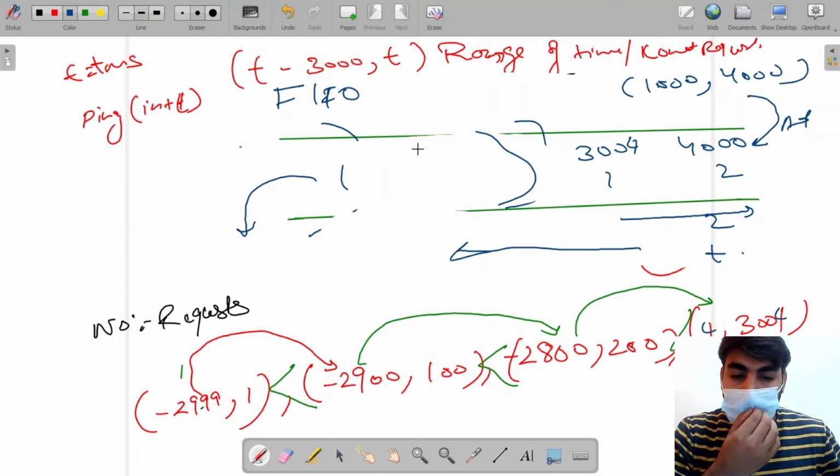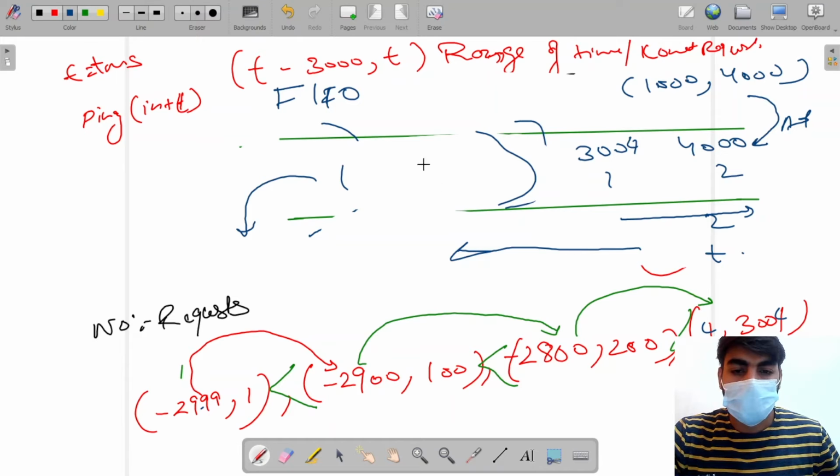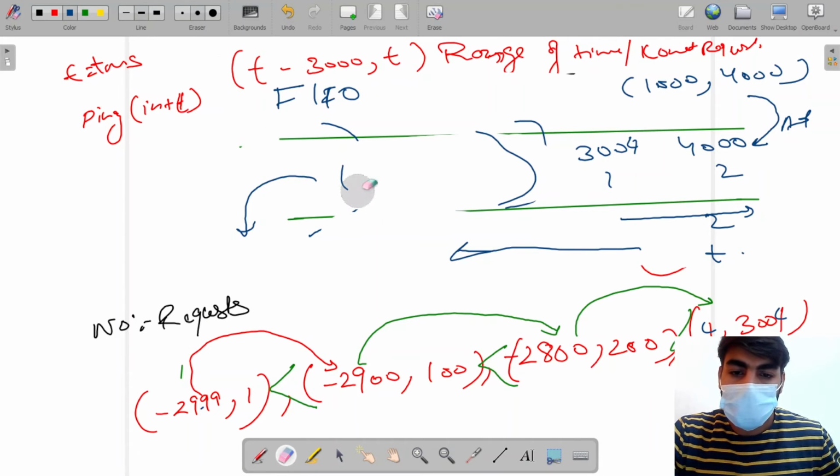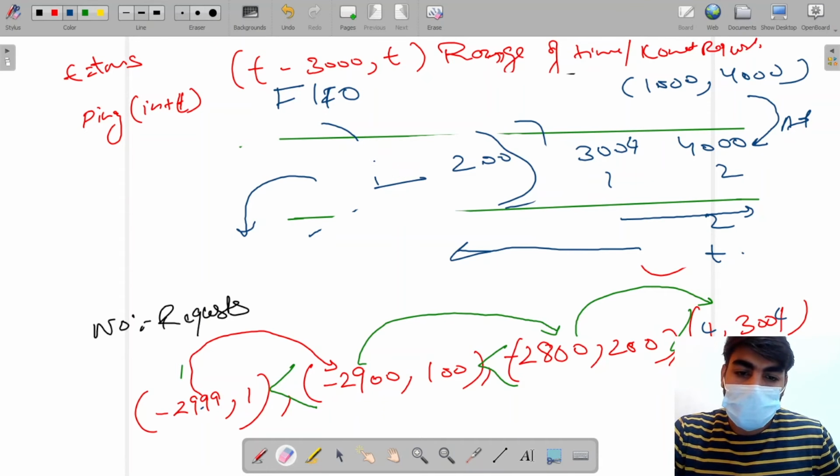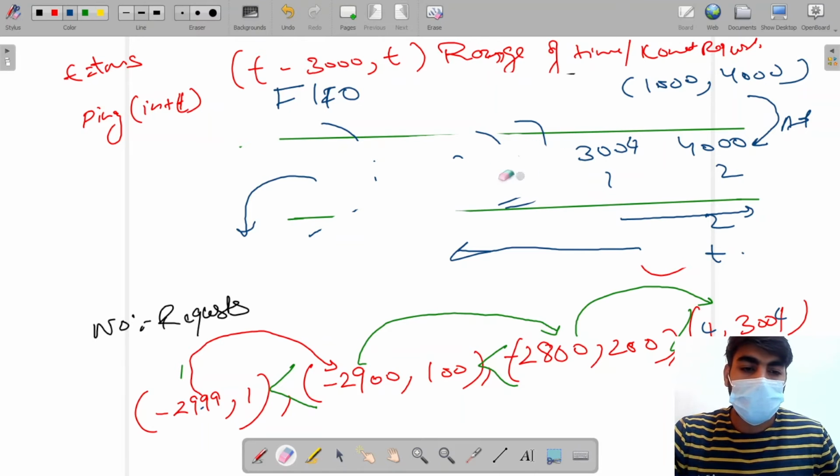So we can use a queue here for our approach or for our solution. So that when one doesn't come in this range from 3004, we remove 1 from here. Then after removing 1, we have 100 at first, then 200. When 4000 comes, we remove 100 and 200 from here. Okay, so I hope you understand why we are taking a queue and why we are removing, because our time is in